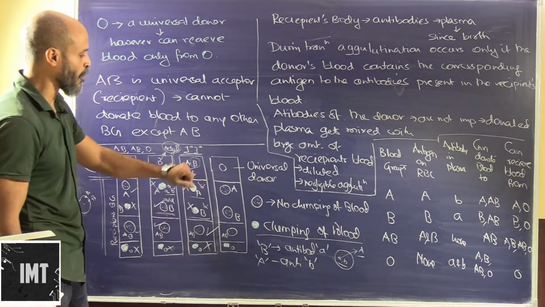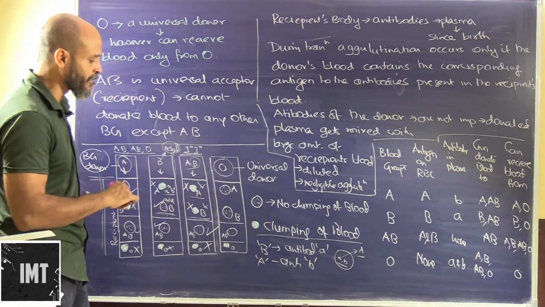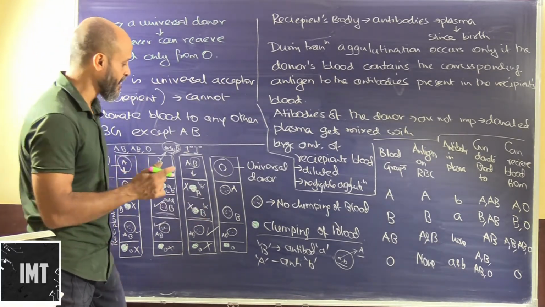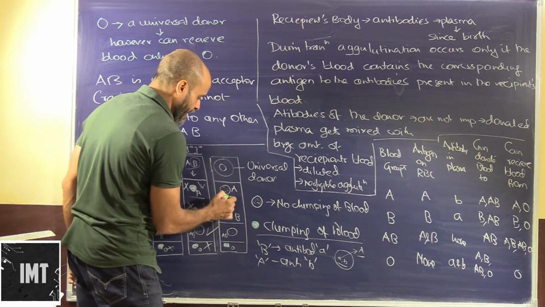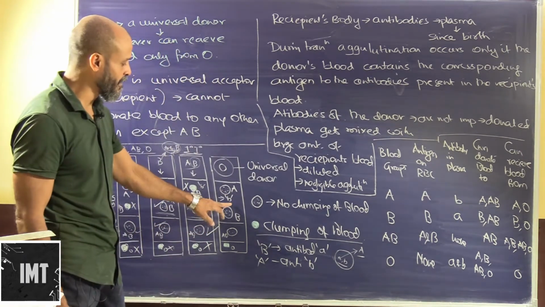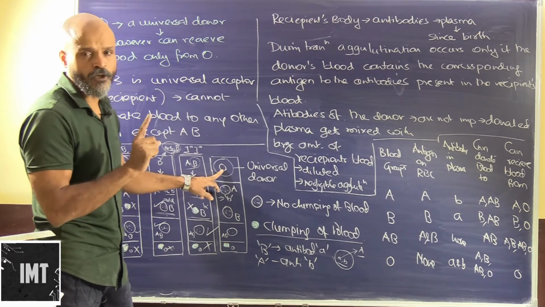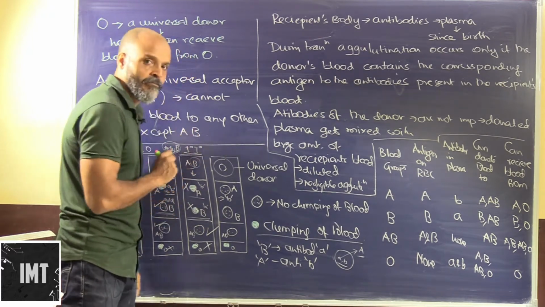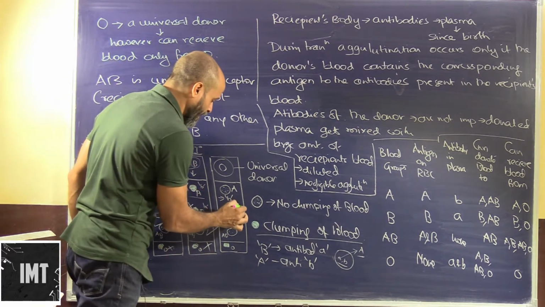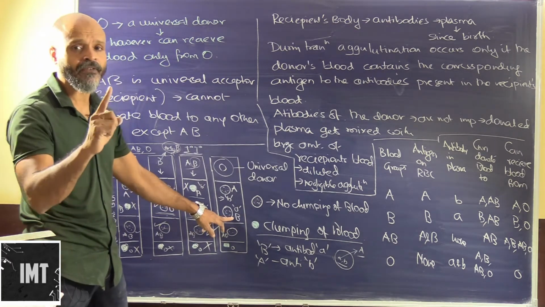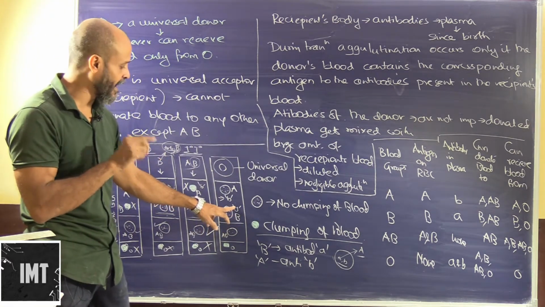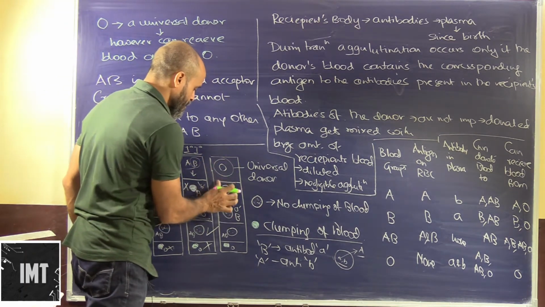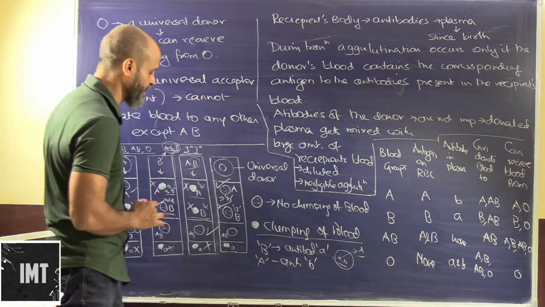Okay, let's come to blood group O. So this is a universal donor. Why? Because it has just got antibodies A and B. So if a person has blood group A, it will have antigen A and hence antibody B. Since blood group O doesn't have any antigens, it will only have antibodies, so no reaction. Again blood group B will have antigen B, and against antigen B they will have antibody A. Antibody A, no antigens present here, so no reaction. So this can very well be administered.